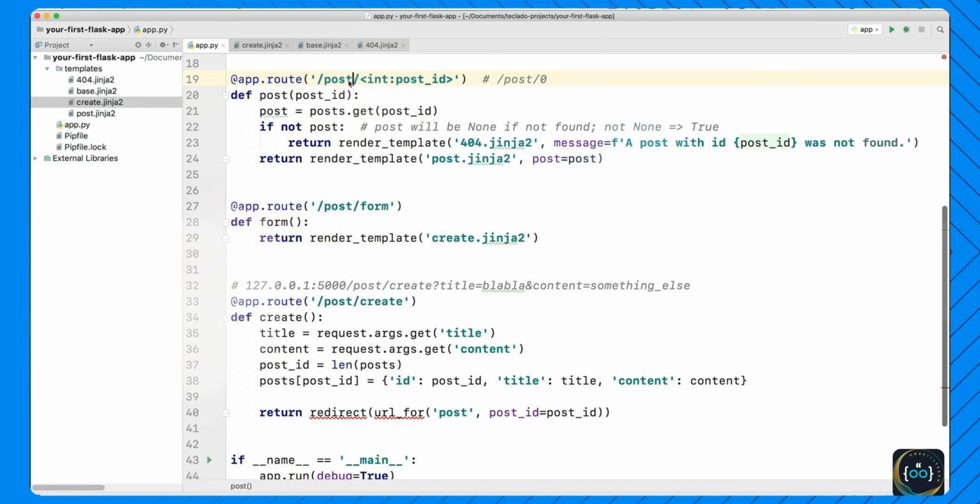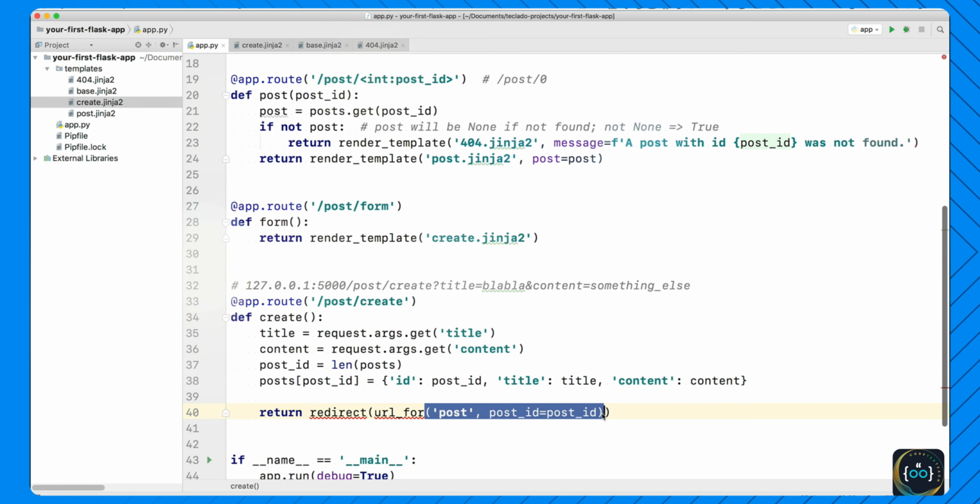For example, let's say we want to change it to, posts / something. This will still work because we've not changed the function name. So Flask recommends using this URL for in order to generate URLs instead of hard coding them. And it also allows us to give the arguments that it needs. So the post URL needs a post ID in order to be complete, and we can do that inside the